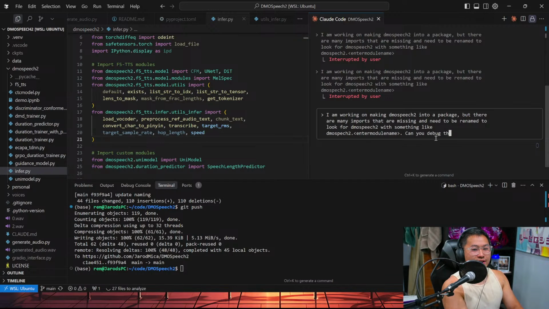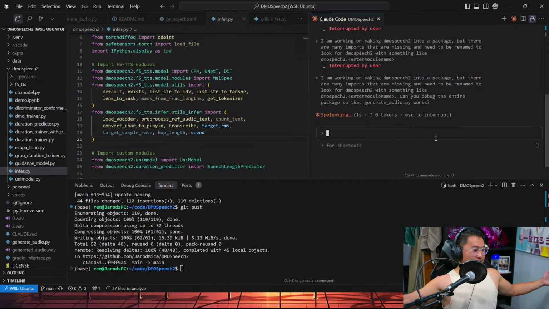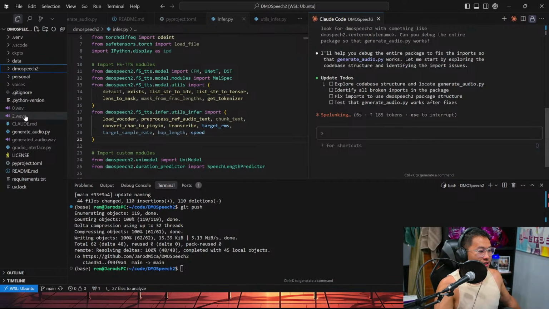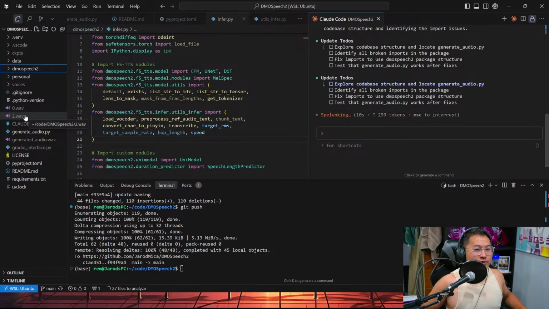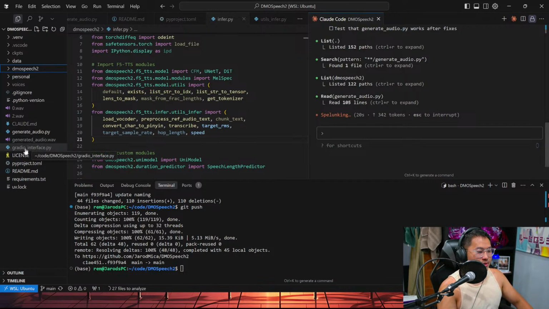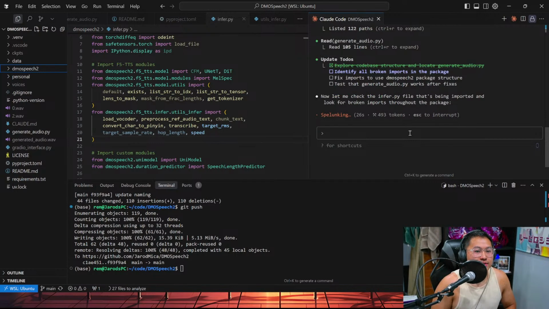Can you debug the entire package so that generate audio.py works? Alright, maybe we just send it like this. It's gonna do its magic, and I don't have to do any of the trial and error stuff that I previously would have to. Well, we'll sit around and see what Claude Code can cook. See if we can do this a little bit faster.